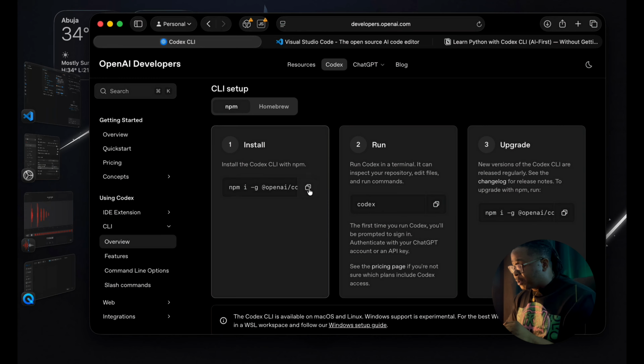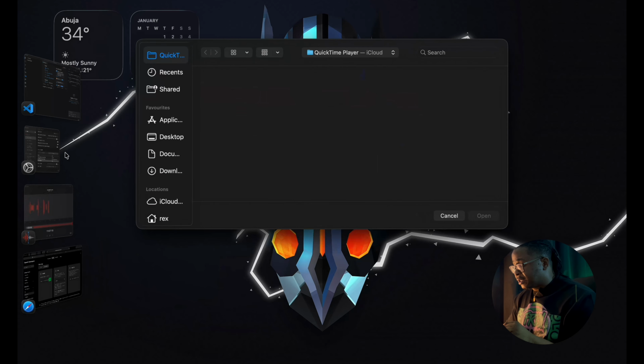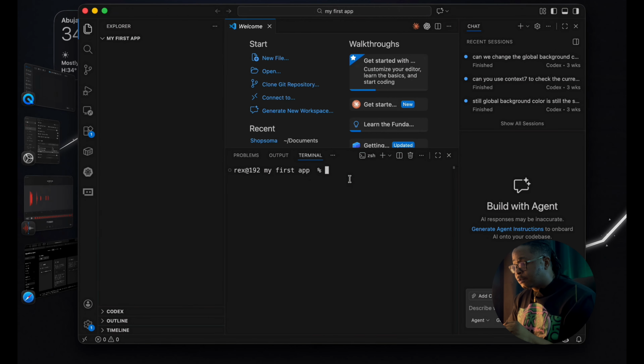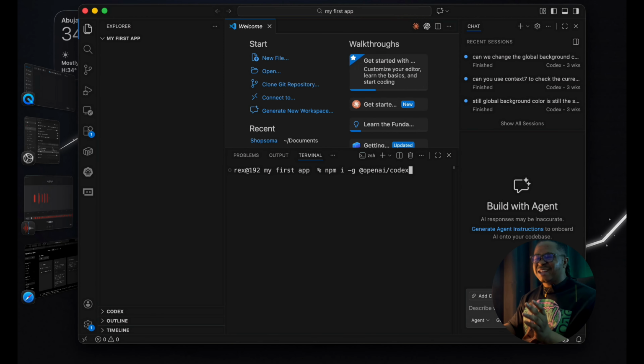Simple. You just copy this code right here, which is npm i -g, which is this. You head over to your terminal in VS Code, simply paste it, and run the code. I'm not going to run this code again because I already have Codex installed on my machine. By the time you run this, it's going to go through an installation process. You're going to see a lot of lines of code going in, just allow it to play out. And if you're waiting for too long, I would advise that you take a sip of your coffee or whatever beverage you have at hand, wait for it to finish, and you're good to go.